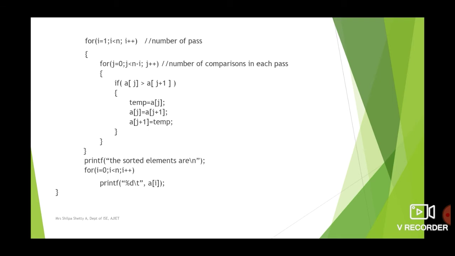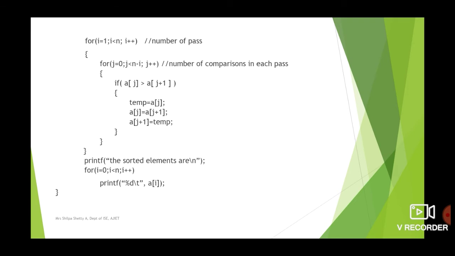So next, this part has the actual algorithm, that is, we see how the bubble sort works here. So if you all remember, I discussed about two things here. First, I told you what is a pass. Pass is a set of comparisons. So here the first loop tells how many passes you are going to perform.